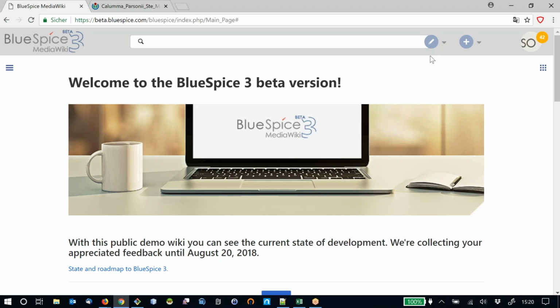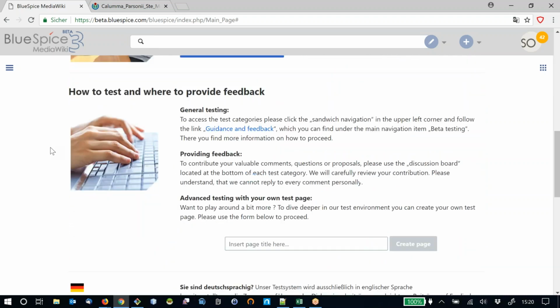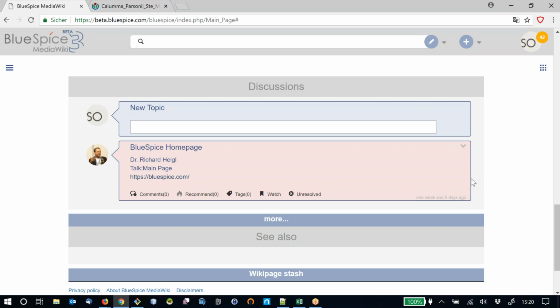Going back to the new skin, I showed you the top bar. There's search, which we will look into afterwards. There's one new element at the bottom, and that is a discussion. From now on in BlueSpice 3, you can discuss the article, and you can do threaded discussions here. So someone can ask a question regarding the content of the article. Someone else can answer that question, and you do have structured discussions here. I'll show you this in more detail later